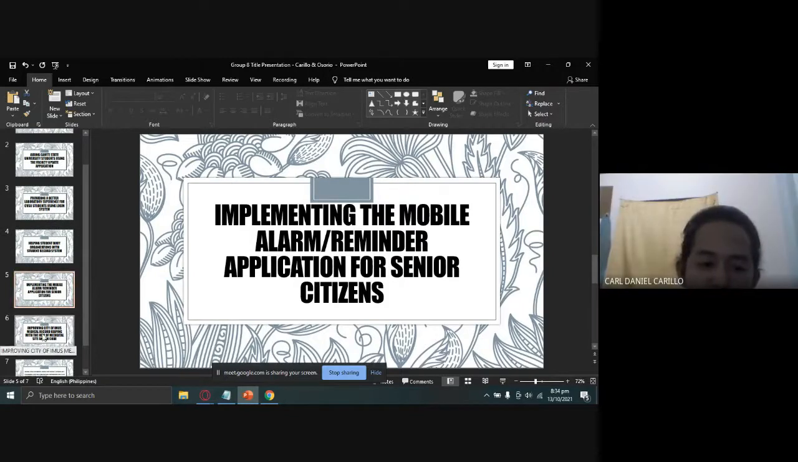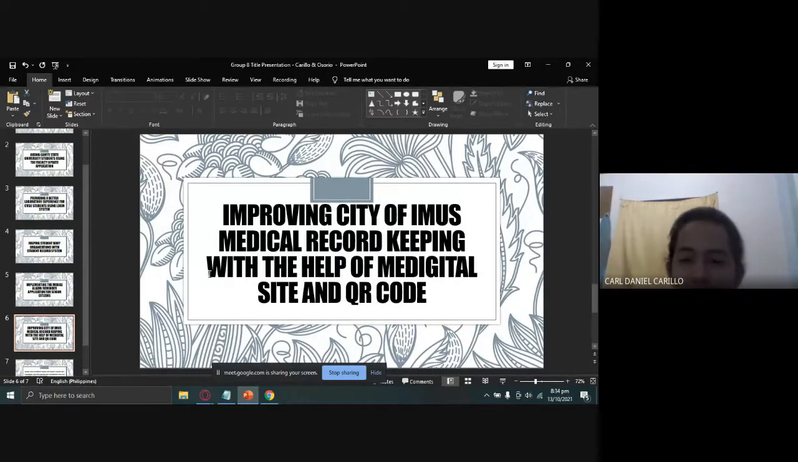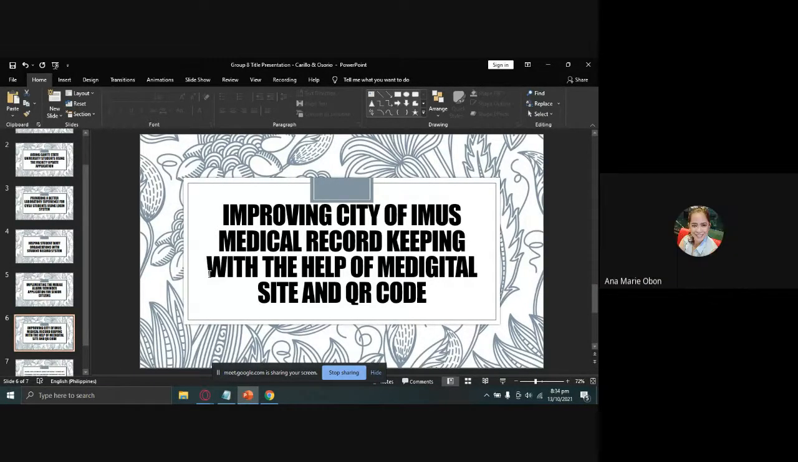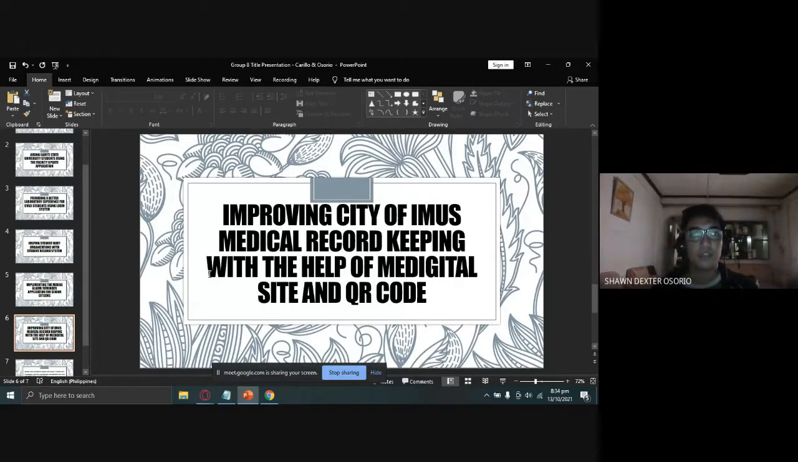So our last title is improving City of Imus' medical record keeping with the help of a new digital site and QR code. So this proposal is for a website. You can have an ID with a QR code, then the QR code redirects to a website or page that contains all your medical records,